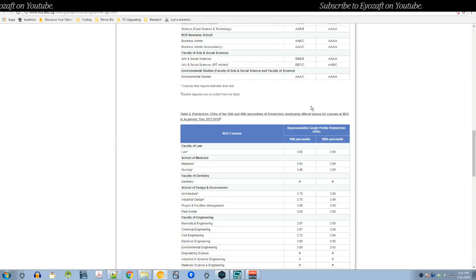So regardless of which poly you were at, whether it's Republic Poly or not, the most important thing is your GPA must represent yourself. Okay, so you need a pretty decent GPA to get into the, what was that name, something Kulin School of Medicine. Okay, so this NUS medicine is called that,